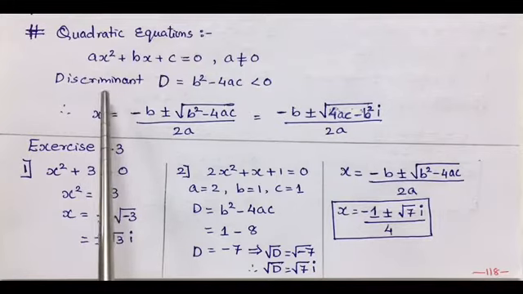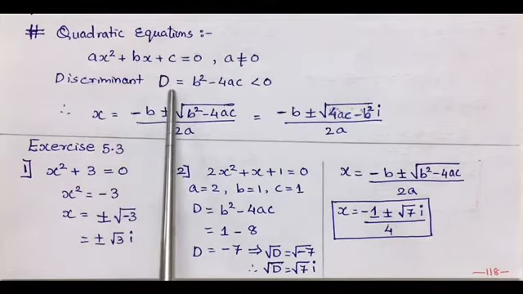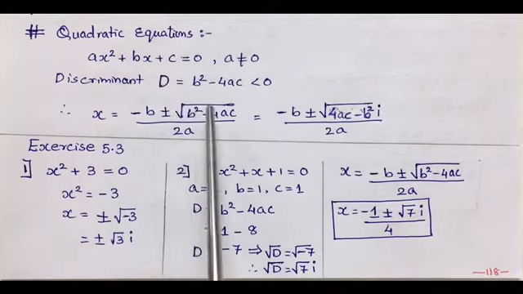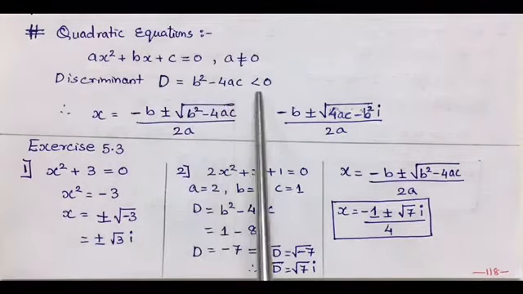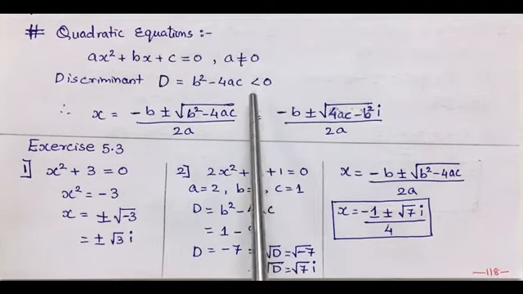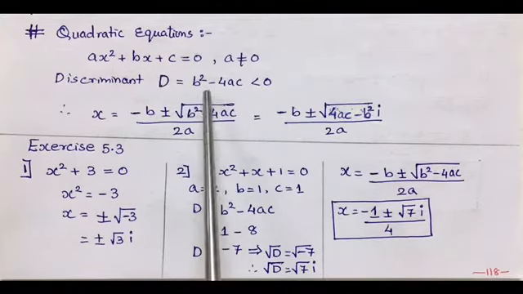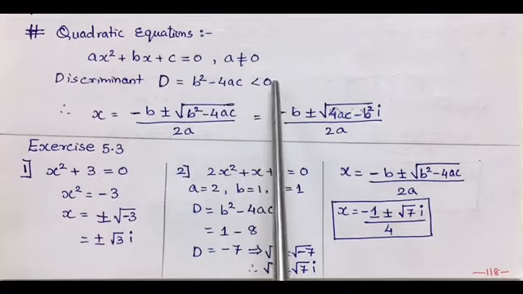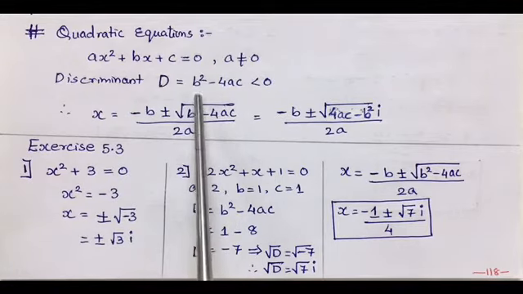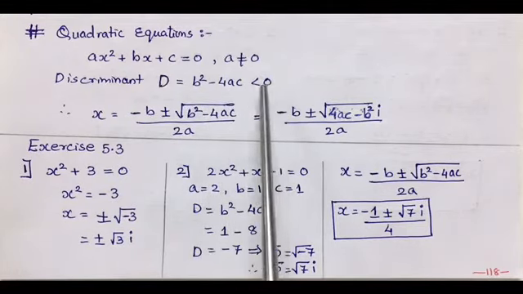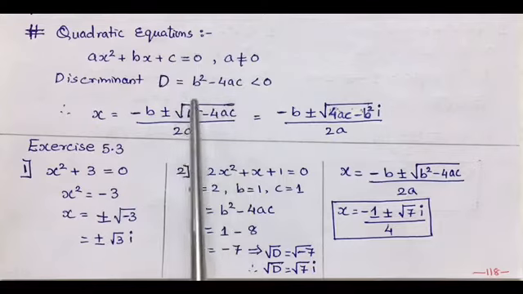Now in 10th standard, you have already studied how to calculate the discriminant, that is the value of D, and it is calculated by using the formula b square minus 4ac. Now in that you have studied about the nature of the roots. When b square minus 4ac is greater than 0, we used to take it as real and distinct. If b square minus 4ac is equal to 0, then they are real and equal. But we used to avoid that.